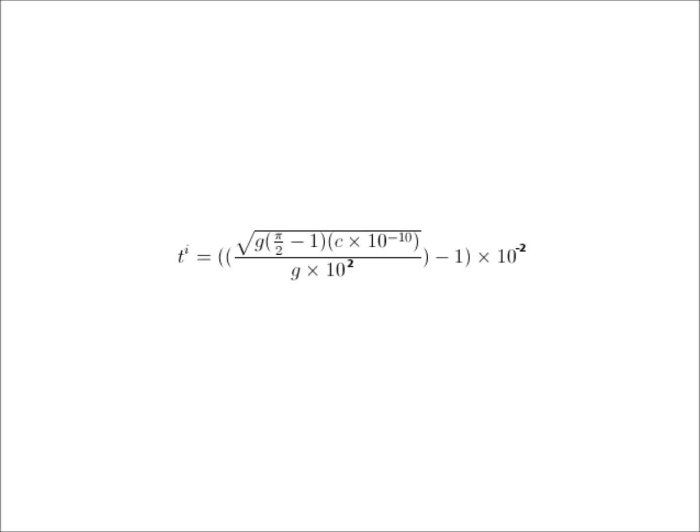And then this whole square root divided by the gravitational acceleration multiplied by 10 to the second. And this whole thing subtracted by 1, and then multiply this whole by 10 to the negative second, which gets you approximately, if you use Earth's gravitational acceleration,